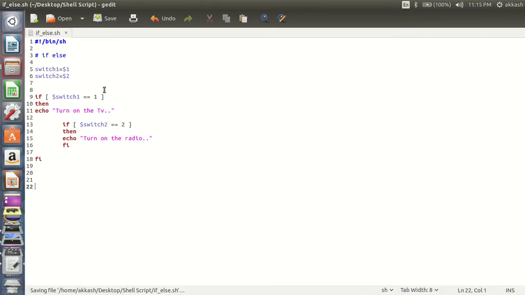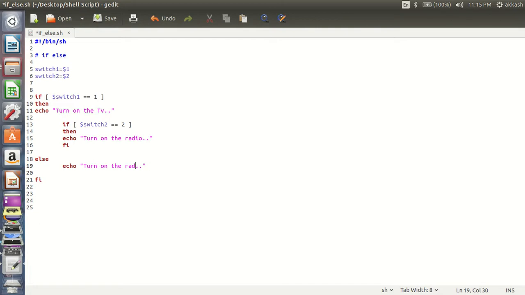Okay, so now what I'll do is, if the switch value is 1, then it will turn on the TV. If switch value is 2, it will turn on the radio. Now else, what I'll do is, if none of the conditions match, then